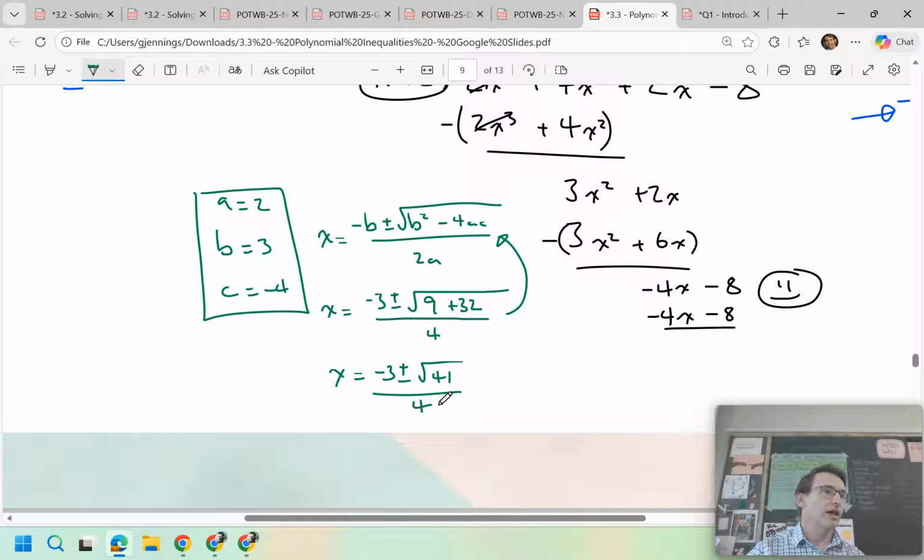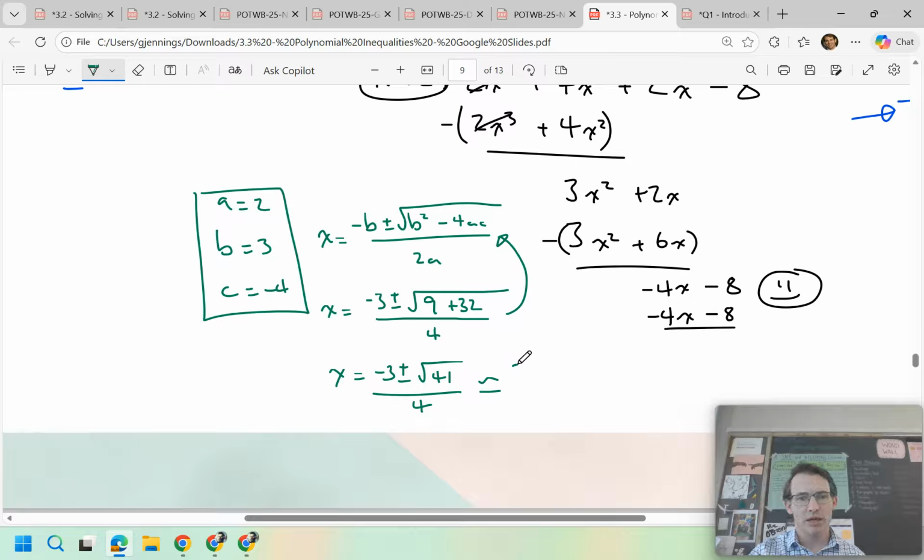Yeah, it's in between 6 and 7. Yeah, good. But 41 is prime, so this certainly can't be simplified at all. That's why I said ew, because we got a big prime in there. So it's kind of gross. Okay, so anyway, this is roughly equal to, if you have negative 3 plus 6 and a bit, then you're